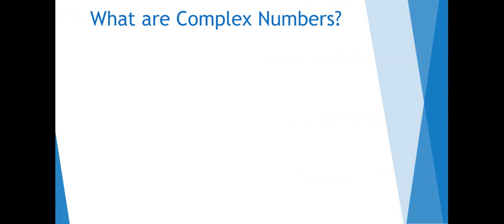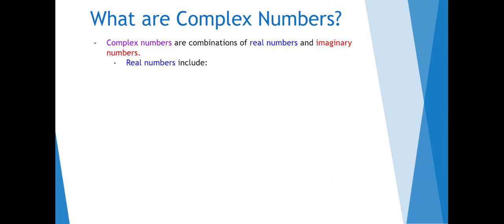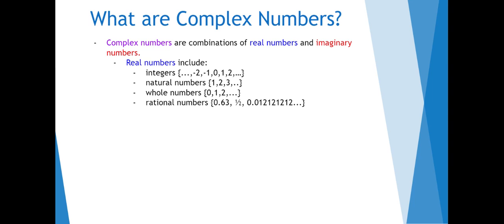So, first off, what are complex numbers? Well, complex numbers are combinations of real numbers and imaginary numbers. So, real numbers include integers, so basically just whole numbers, but from negative infinity through infinity, natural numbers 1 through infinity, whole numbers just 0 through infinity, rational numbers, so like fractions, repeating decimals,